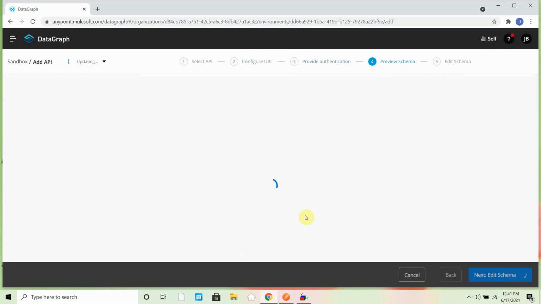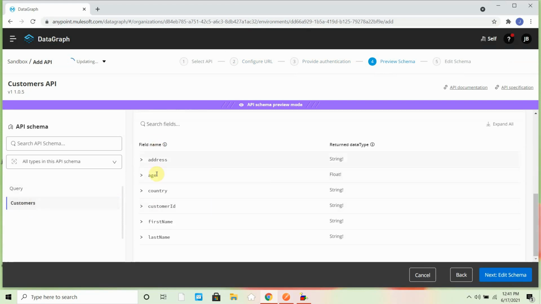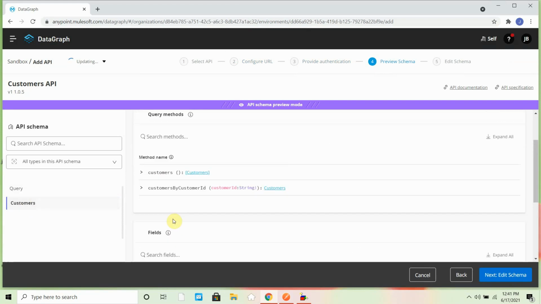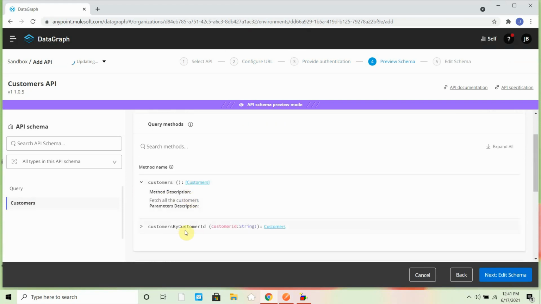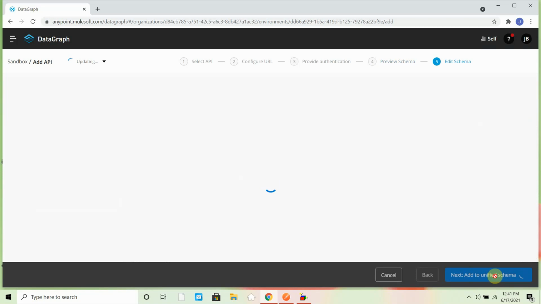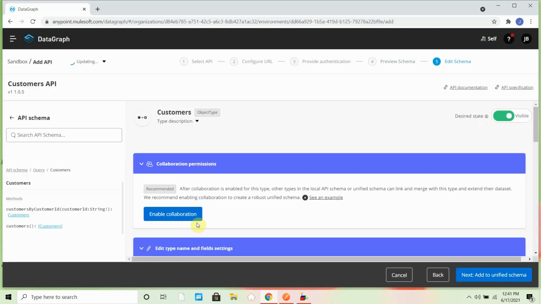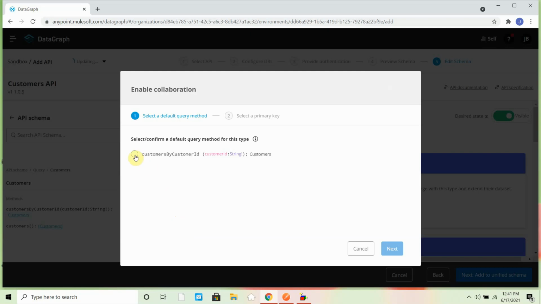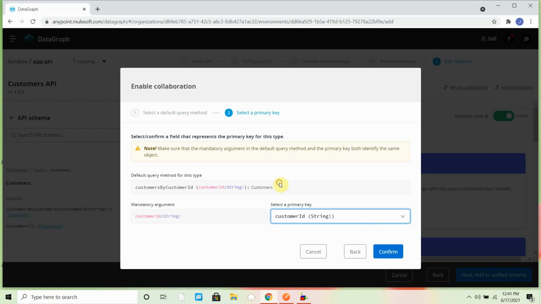Then you can say preview schema. You can see this is the customer object, which has fields like address, country, customer ID. Also you can see it has two methods, like customers and customers by customer ID. Then next, edit schema. Then I will again enable collaboration for customers also. Simply click here. Then the method which uniquely retrieves the customer, that is customer by customer ID. Then say next. Then just say the customer ID is the primary key in my customer